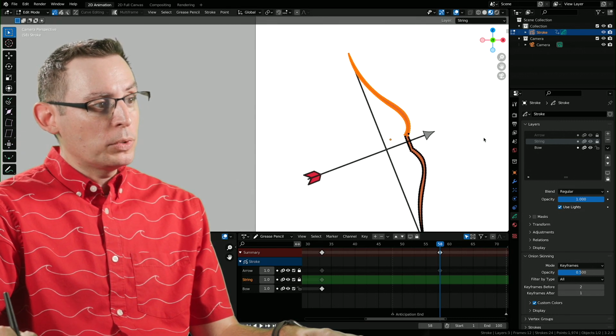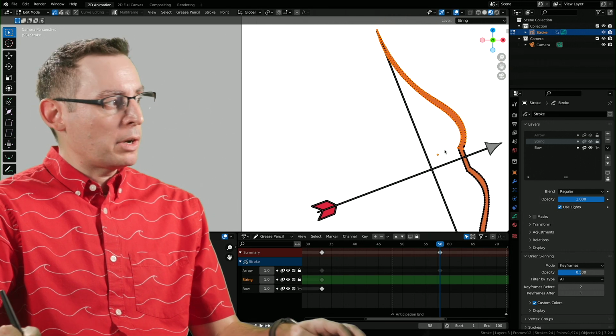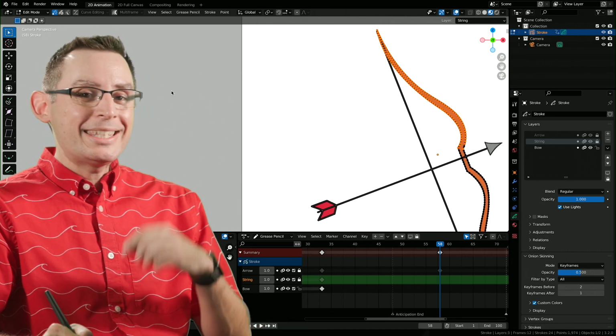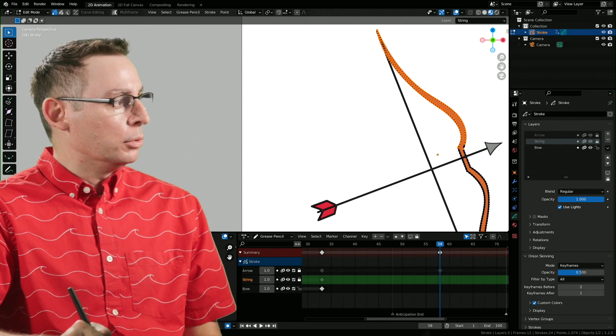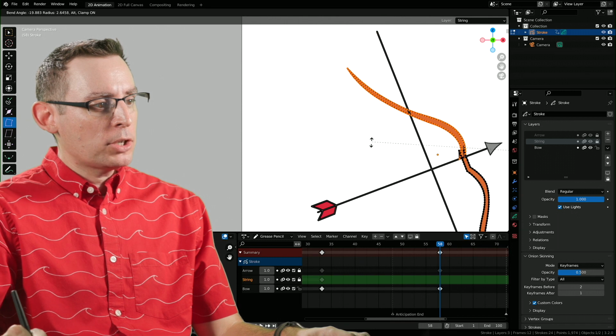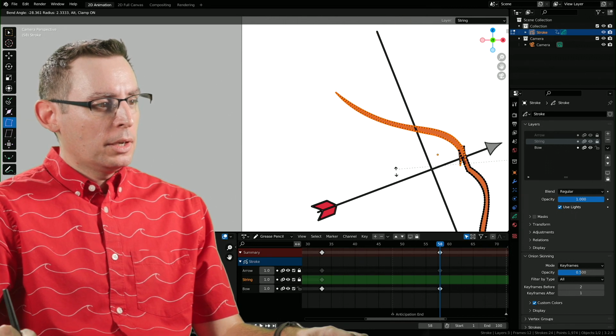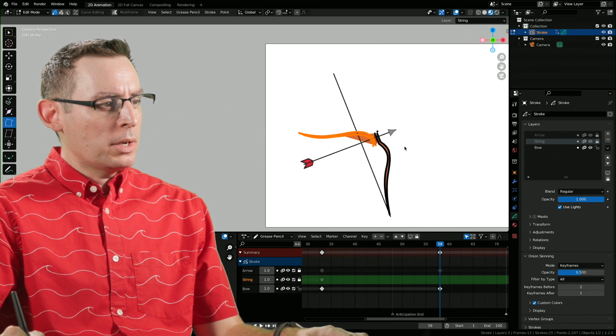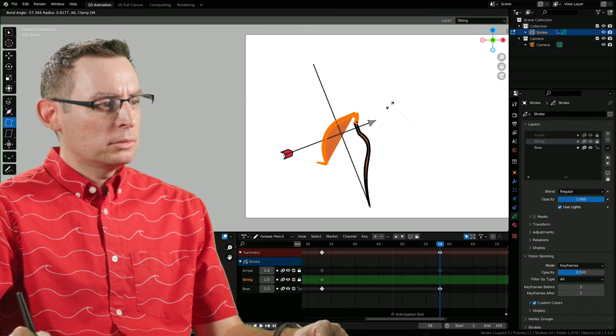Now, the bend tool is a really easy tool to use. I like it very much. You can find it over in our toolbar. It's immediately below the radius tool. It's this guy right here. And the bend tool is, as you would imagine, going to bend things. But it's bending it from a weird location. Let me show you.